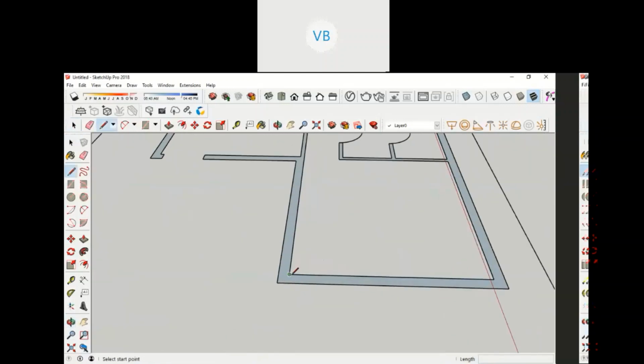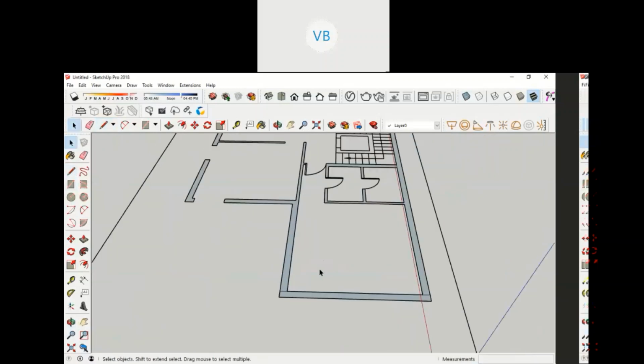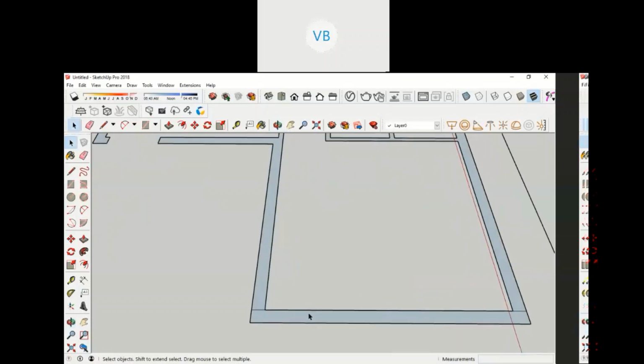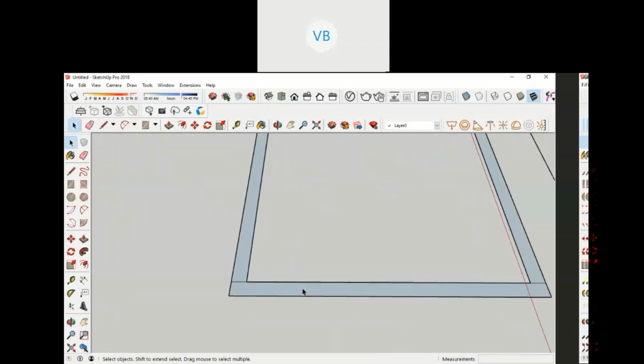As simple as that. Line. Okay, press line. Let's concentrate on the west wall first. What I normally do is erect my walls in groups. In the last class I told you what groups are.